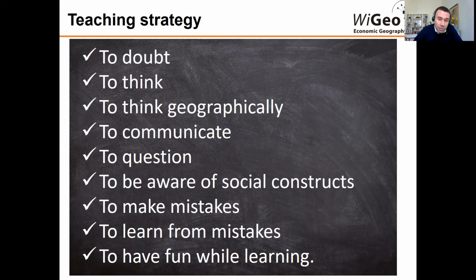Then in this context, we'll make mistakes, which is very normal. We also have to be aware, and it's very important to share with you, of these social constructs. Everything we see around us, and also in these lectures, the concepts are very much socially constructed, meaning that they are the result of the research of a researcher who is located in a specific territory. That's why we have to be critical. However much we try to be as objective as possible within our research, there is also some subjectivity impacting the way these concepts and paradigms within certain disciplines, from planning theory to sociology to geography, have been shaped. So then we learn